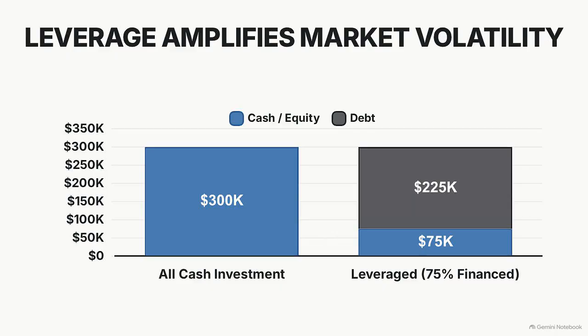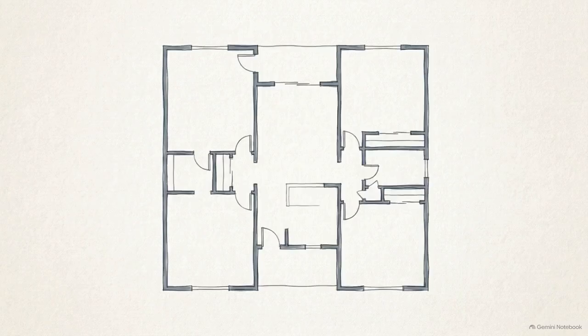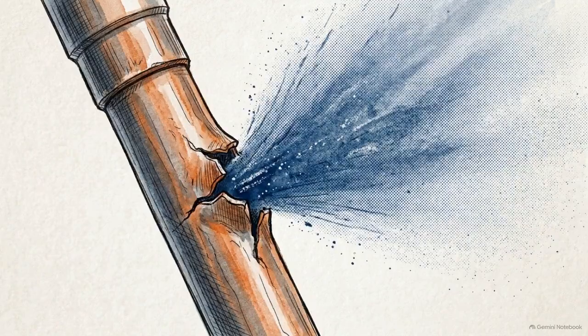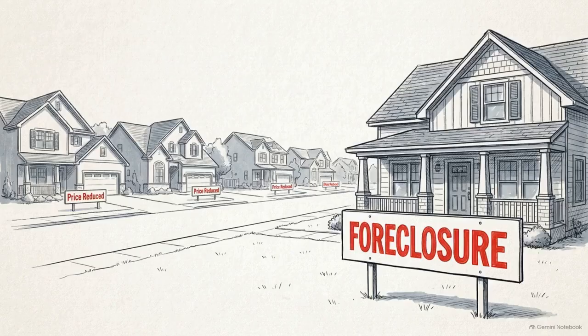That mathematical multiplier does not care which direction the market is moving. It applies exactly the same way in reverse during a contraction. If the property declines by 5%, the resulting $15,000 reduction wipes out 20% of the investor's original cash investment. And this simplified baseline model completely excludes closing costs, financing expenses, local property taxes, and unexpected repairs, all of which make the actual out-of-pocket losses steeper.